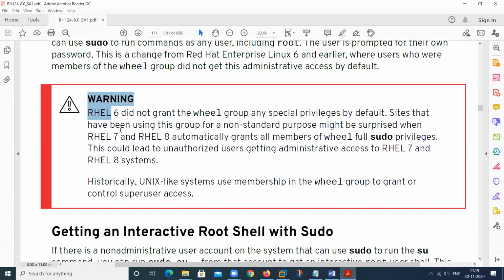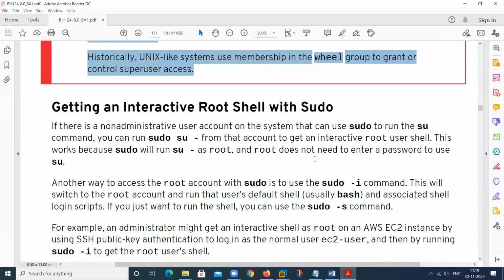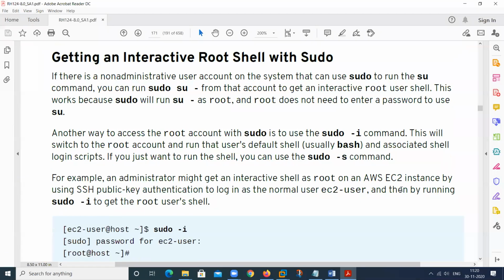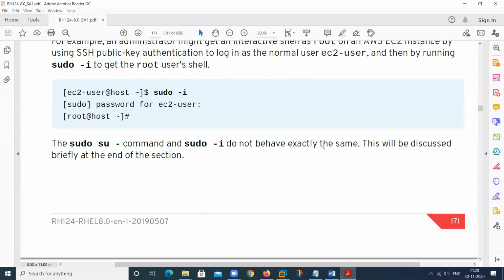So read all these. Your original book has a lot of information. Okay, sir. I will find it, sir. If I don't find it, I will ask you again. Yes, yes. I will show this option also again.